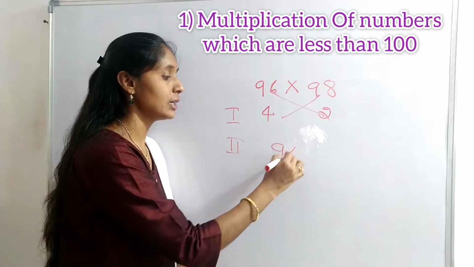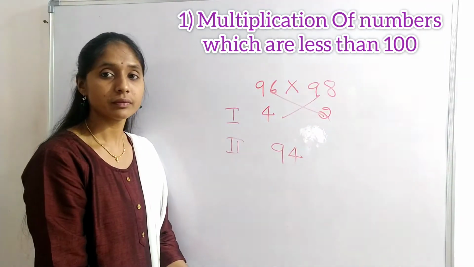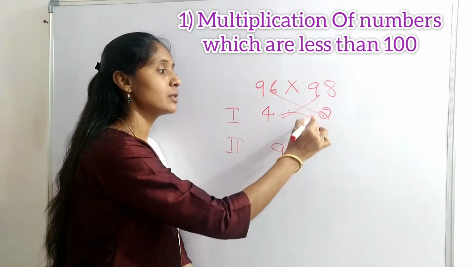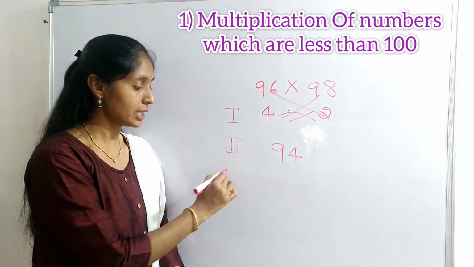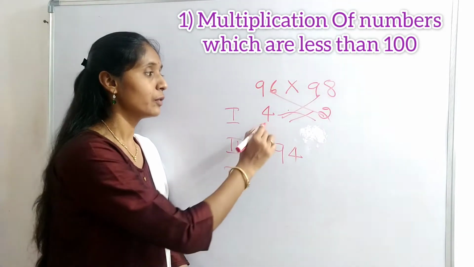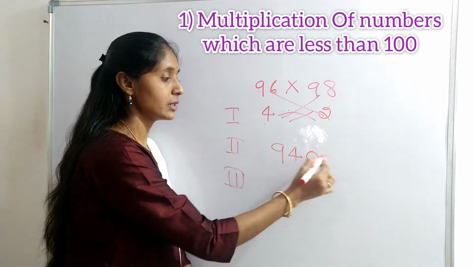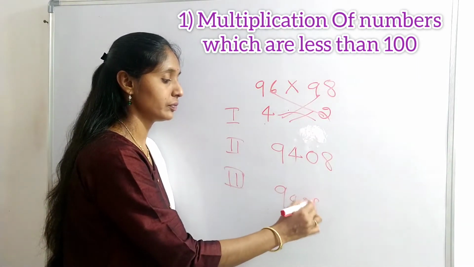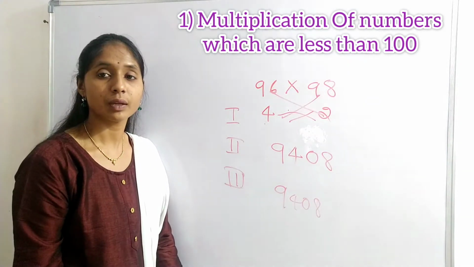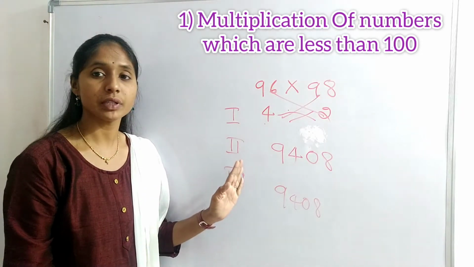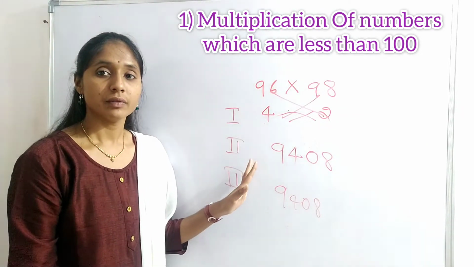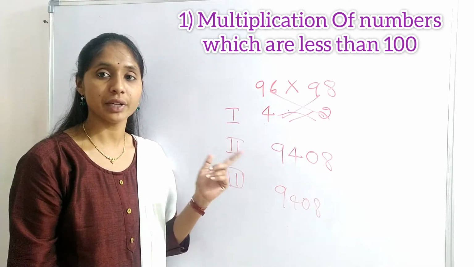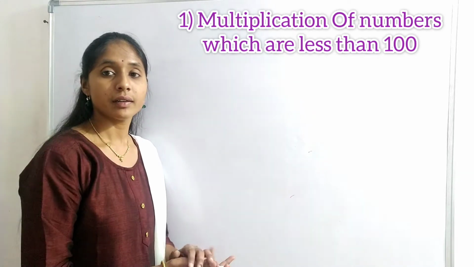Take single number. Okay. Then multiply these two numbers. That is third step. 4 2s are 8. 9408. Okay. This is the simple trick to multiply numbers which are closer to 100. Let me take another example. Next number